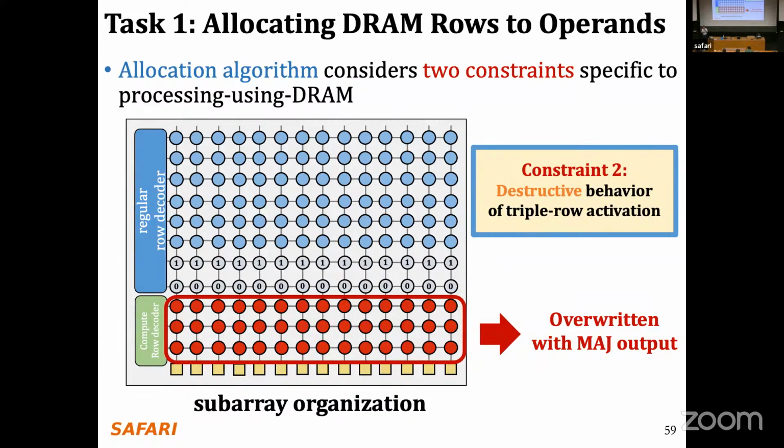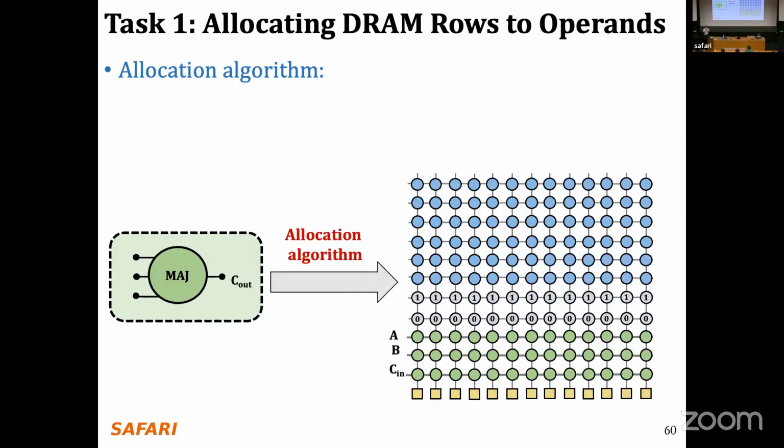I meant the read before doing the computations, because you are putting A. Ah, the copies. Yeah, yes. So the decoder is not the same, right? For the write of A, B, and C in, and for the computation, the decoder differs. The decoder, yes, the addresses are different. Yes, and this is what that microprogram generation is figuring out, actually: the addresses of those rows that should be activated or read during a particular time, so that in the end you get the computation. Okay, thank you.